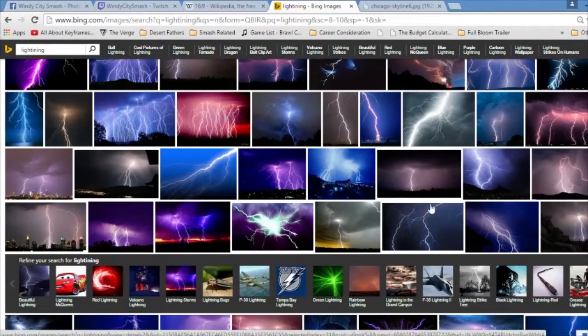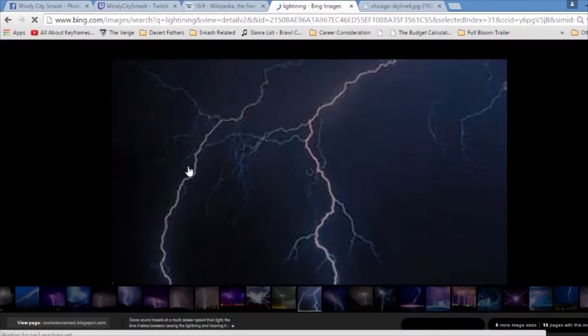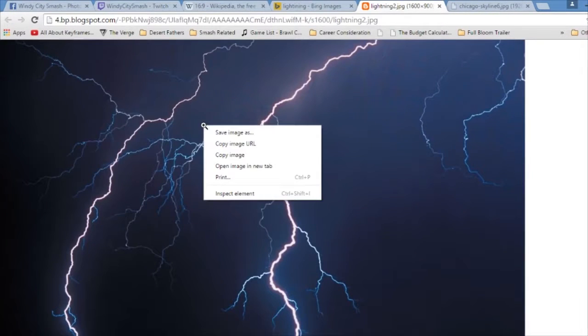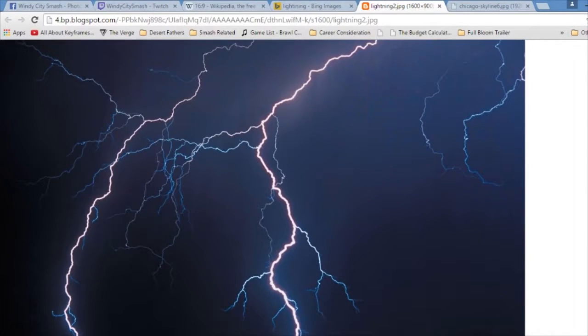So a good picture actually is this one. And it's also pretty big. It's a pretty big picture too. So that's pretty good. So we're going to take this one, and you're going to save it. Okay, that's actually the same lightning too. So you're going to save it to the same folder that you saved, or to your desktop, the same place you saved it here, and you're going to pull it up,